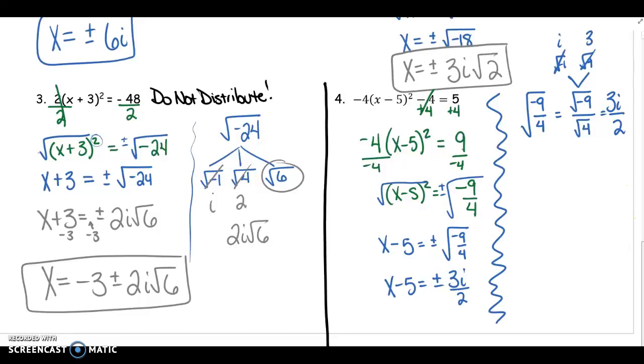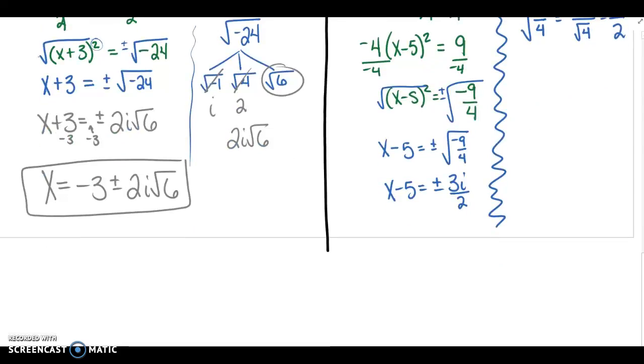Is the problem done? No. What do we need to do? Add 5. We need to add 5 to both sides, and we're going to stick that in front of the plus minus. So our final answer, x equals 5 plus or minus 3i over